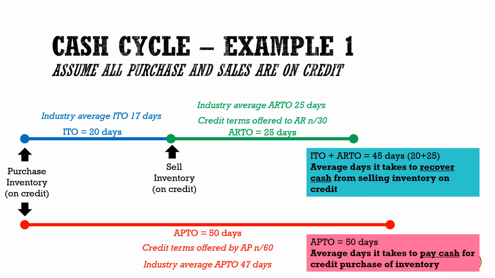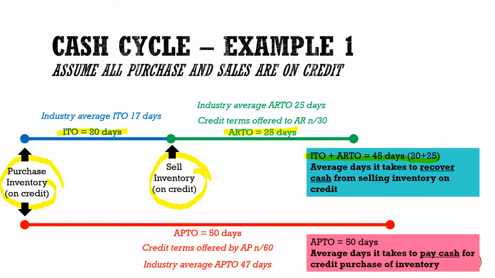Now let us have a look at a specific example. Here we have a purchase of inventory on credit. It takes the business an average of 20 days to sell the inventory to the customers from the time it was purchased. Since we are assuming that all inventory is sold on credit, we therefore also need to look at the accounts receivable turnover, which tells us the number of days that it takes on average to collect cash from the accounts receivable after the credit sale is made. So here we can see that in total, it takes 45 days to recover cash from selling inventory on credit